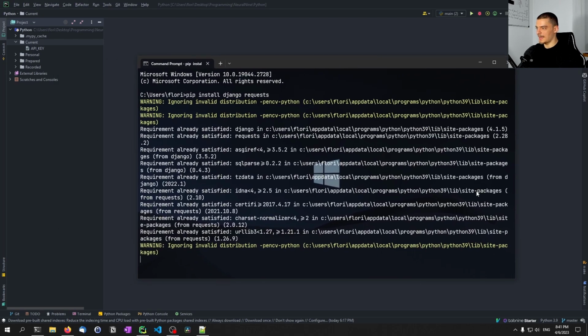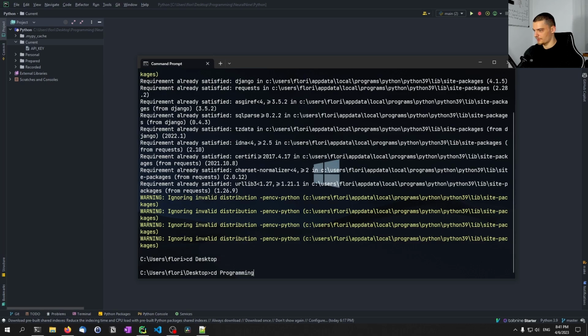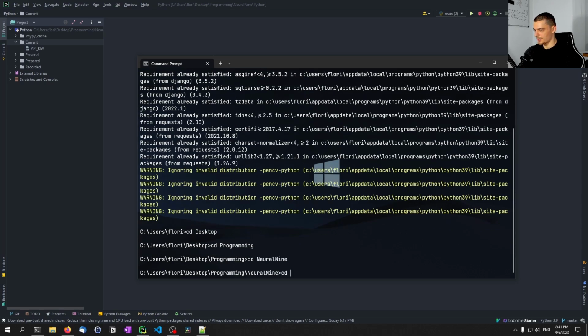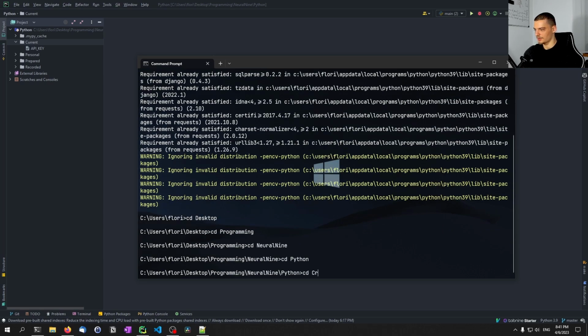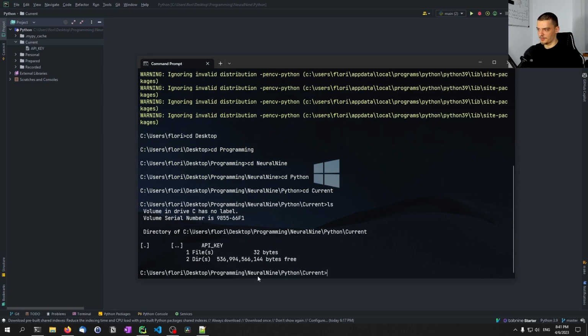And once we have this done, we're going to navigate to the working directory, so to the directory that we want to write our code in. In my case, this is desktop, programming, neural 9, Python, and current. Now, here I already have an API key. We're going to talk about this here in a second as well. Ignore it for now. What we're going to do now is create a new Django project by saying